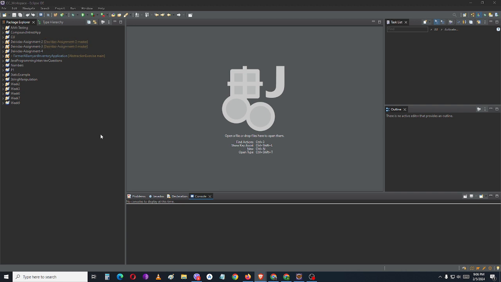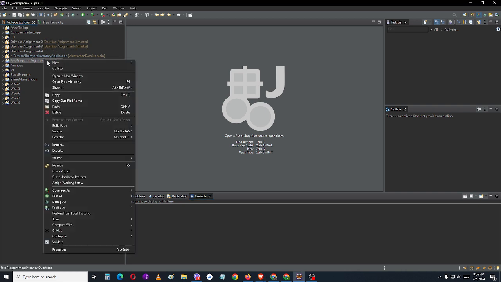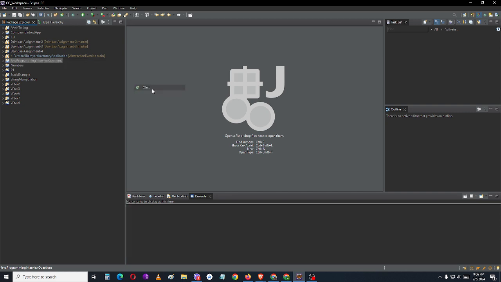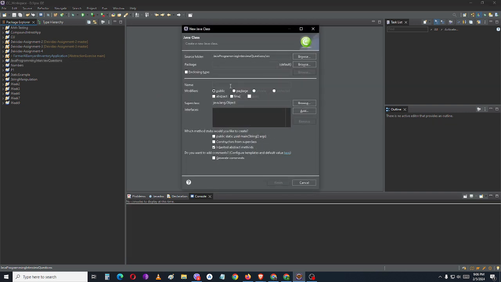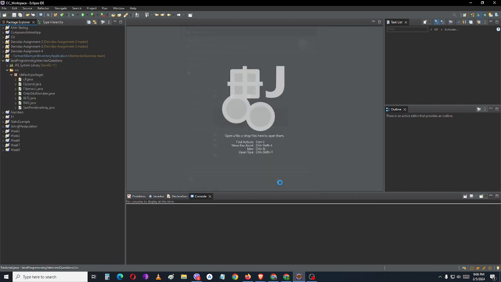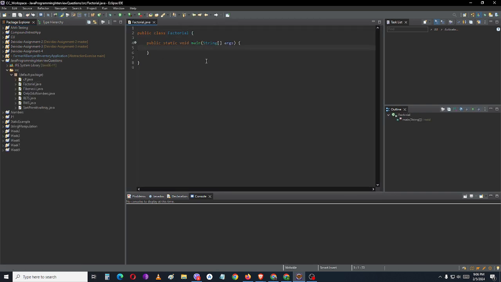So first of all, let's create a class. Let's call it Factorial. Let's write public static void main, String args. Okay, so